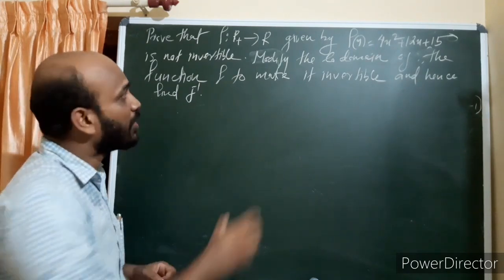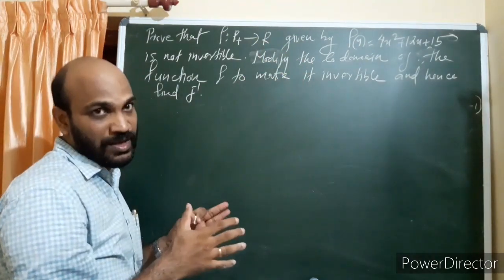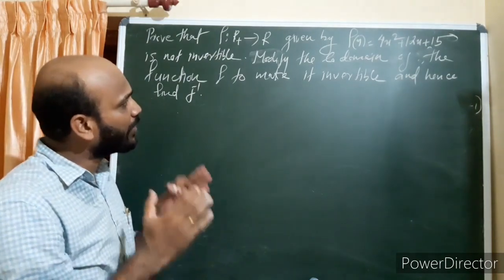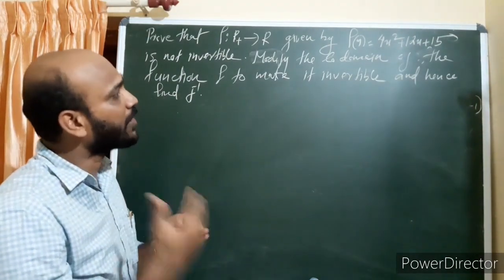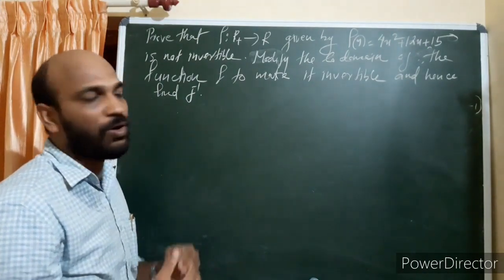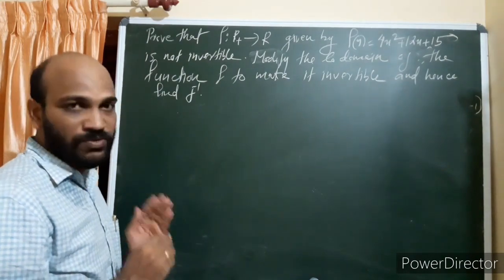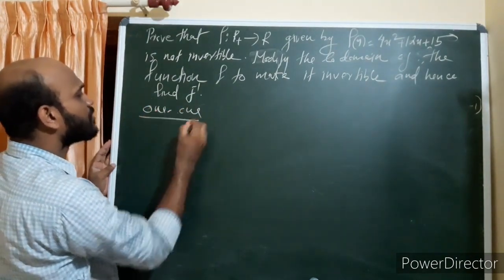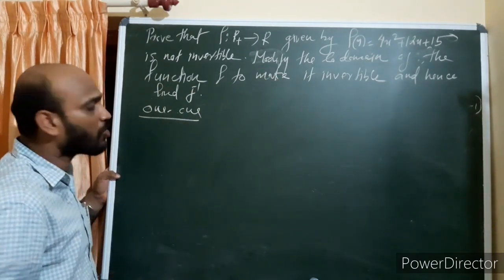In the last question it was minus 5 to infinity. That is actually the range of the function. If range equal to codomain, then function will be onto. So in this case, the function will not be onto. So you have to change the codomain to make it onto. It will be 1-1. Anyway, first we will prove it is 1-1. So first step is you have to change the function by using the completing the square method.